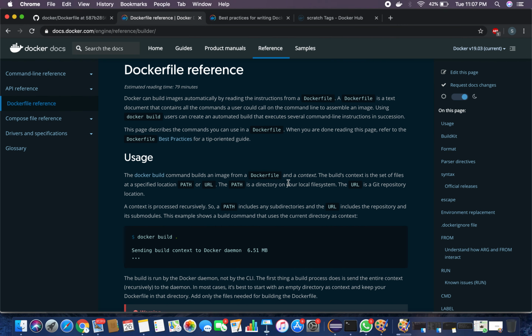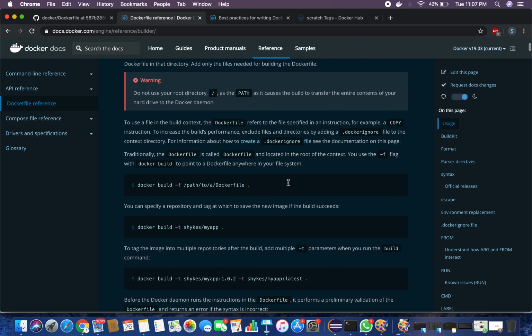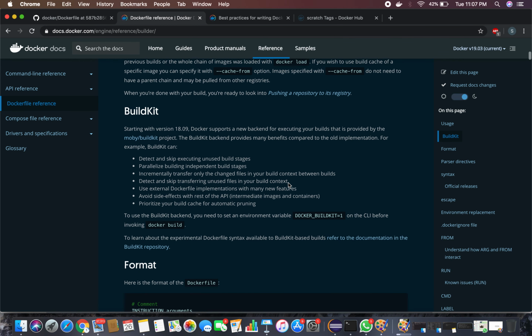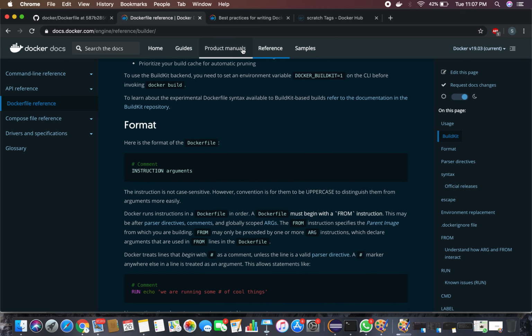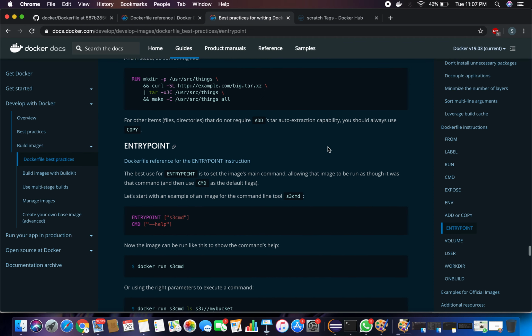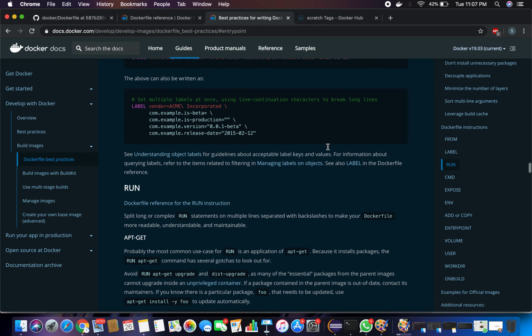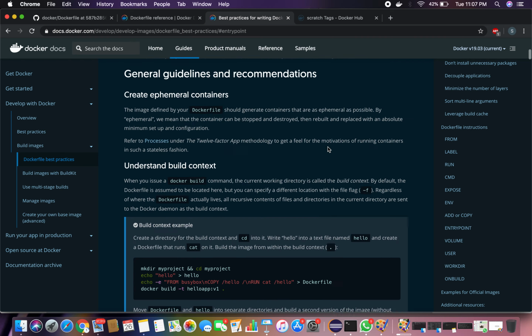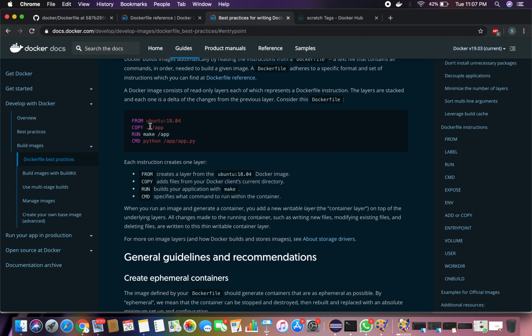This is the Dockerfile reference. Let me show you. Let's go to the best practices. See, this looks like this.